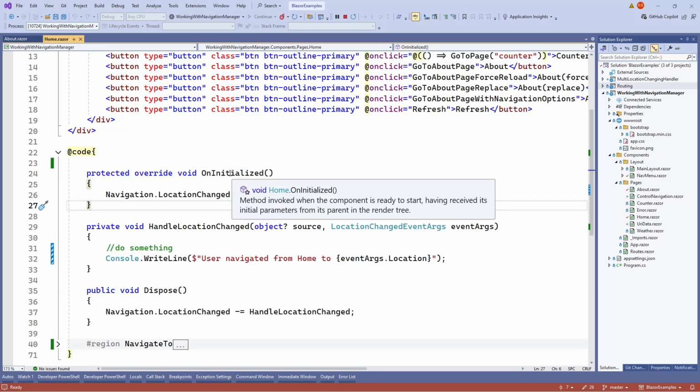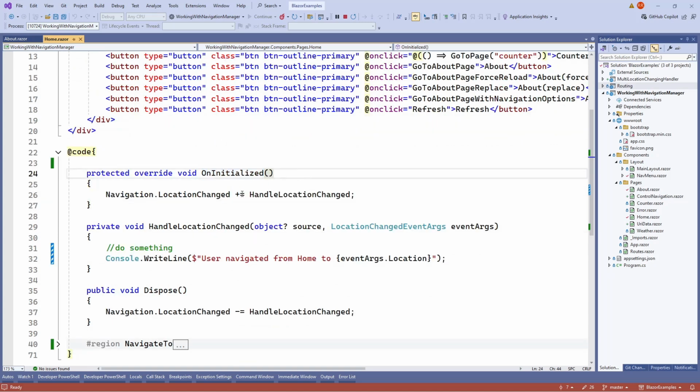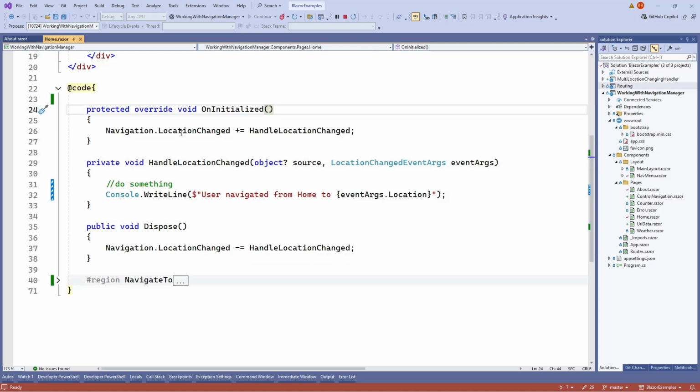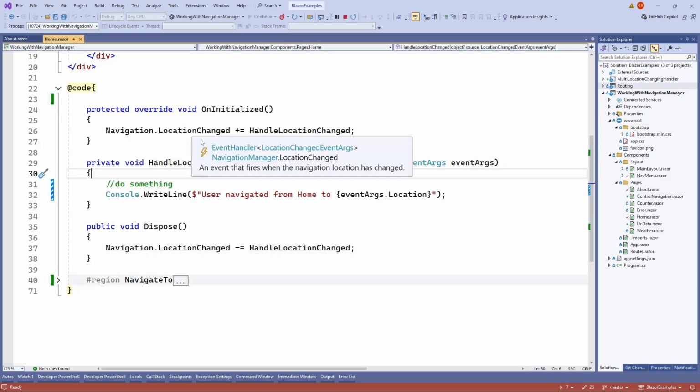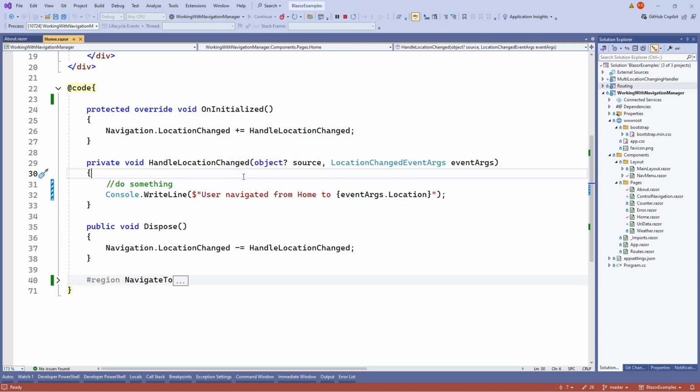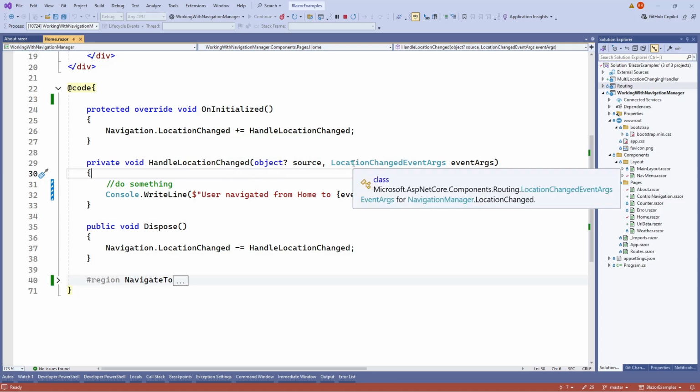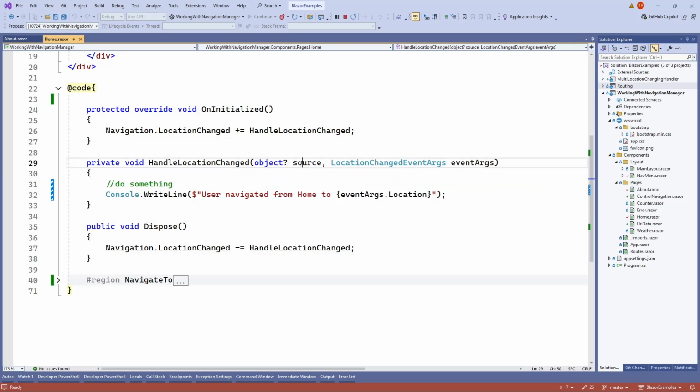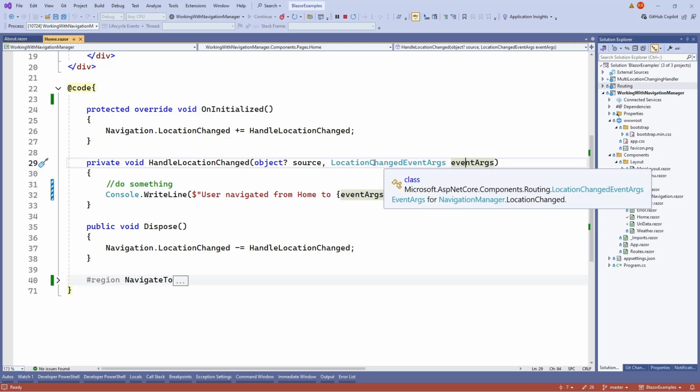Here in our onInitialized method, we have subscribed to our location change event by doing this: plus equals handle location change. This is a handler method that will be executed every time the location changed event is triggered, or fired. It accepts two parameters. The first one is the source, and the second one is the event arguments, which is of type location